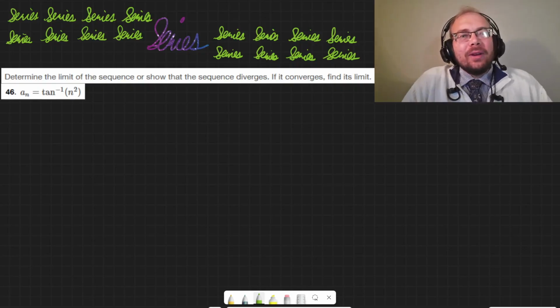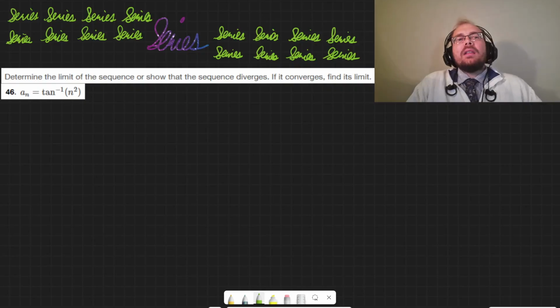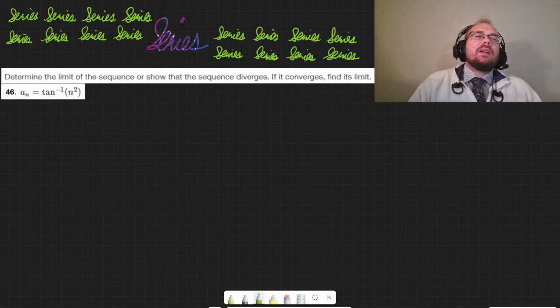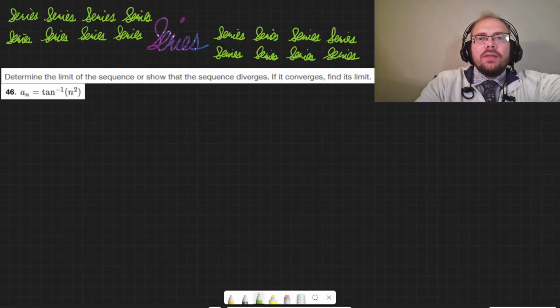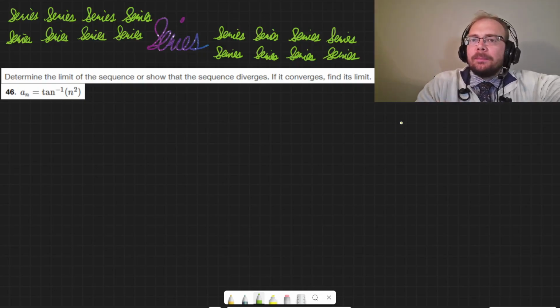This is number 46. We're determining the limit of the sequence, or show that the sequence diverges. If it converges, find its limit. So we have this thing, and it's a tangent inverse. So the thing about tangent inverse is, if you remember what the tangent function looks like,